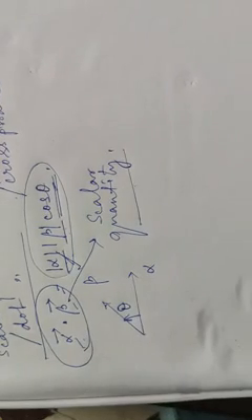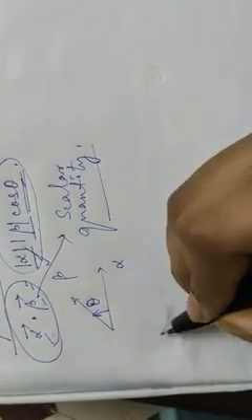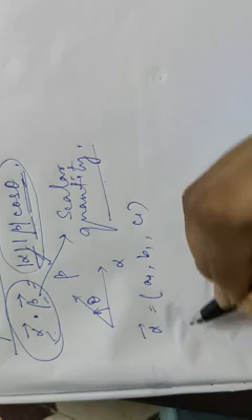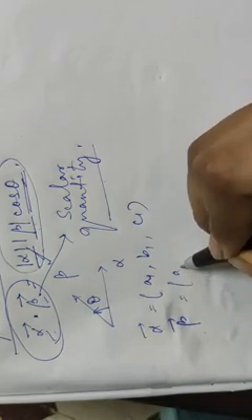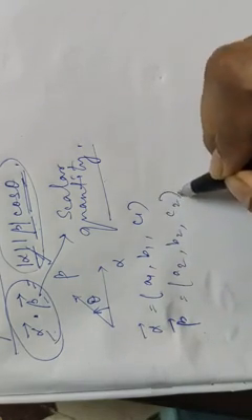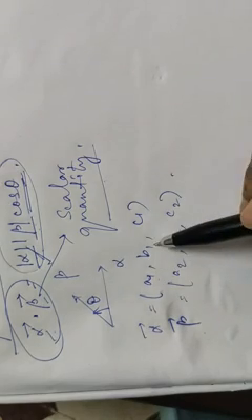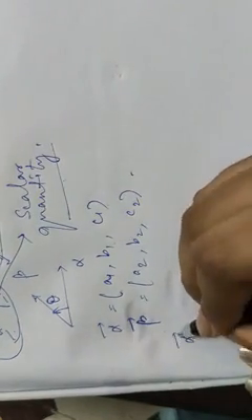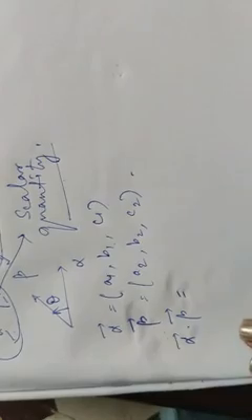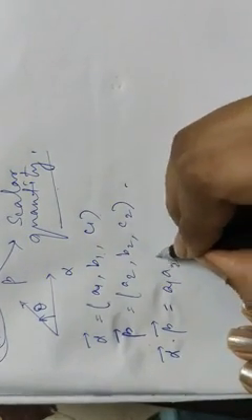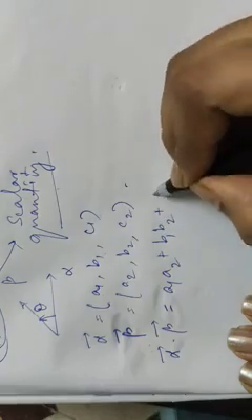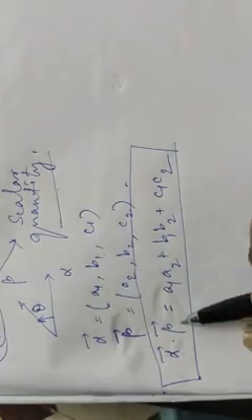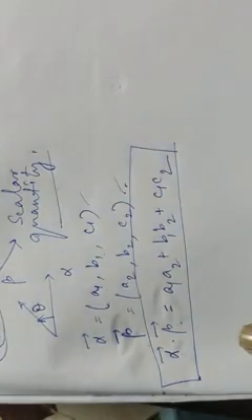And now suppose alpha is given as these three components, that is, alpha is given as a1, b1, c1, and beta is given as a2, b2, c2. That means a1i plus b1j plus c1k, and beta is also given similarly. Then how will we define alpha dot beta? It will be a1 a2 plus b1 b2 plus c1 c2. This is the definition of dot product when it is given by its three components.